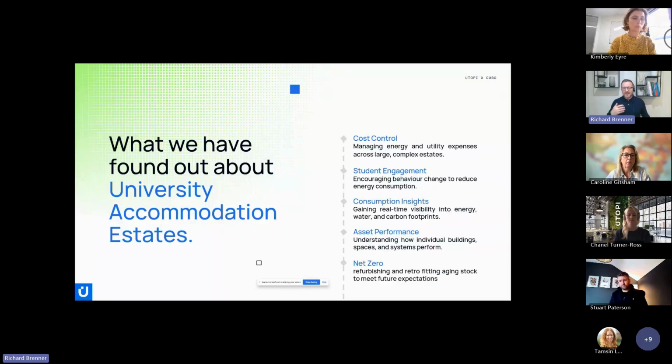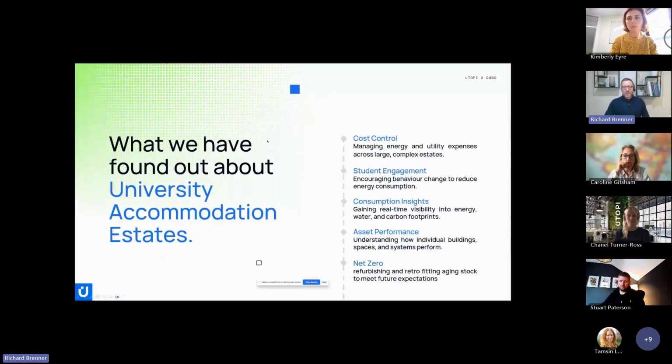And then looking at asset or building performance, what building consumes more utilities than another, and how can you start to understand the performance of those individual buildings. And then finally, huge efforts have been identified, or future activities, should I say, around individual journeys into net zero. And I think it's fair to say through some of those conversations that no one institute is the same, and certainly after my time around the sector, I've certainly felt and seen that. But these really were some of the themes that those conversations identified.